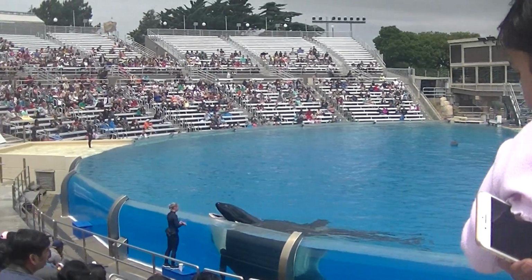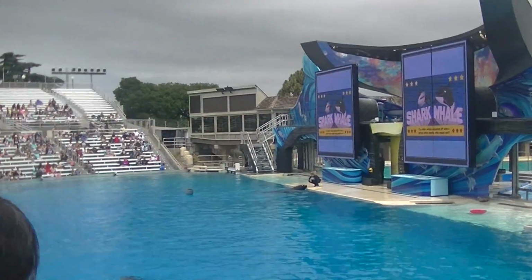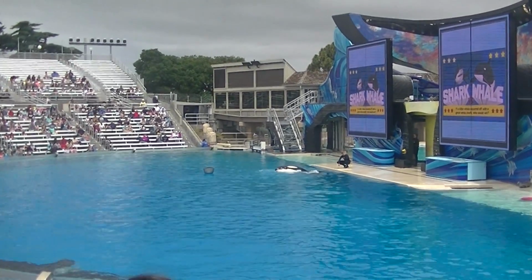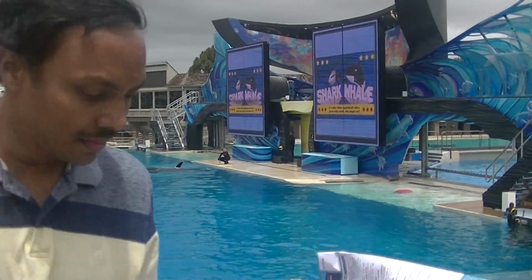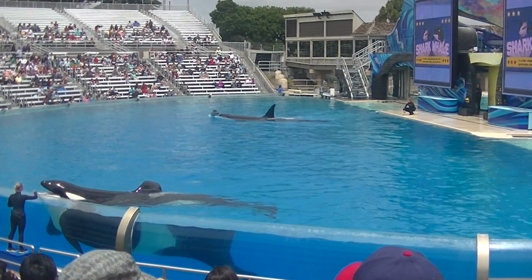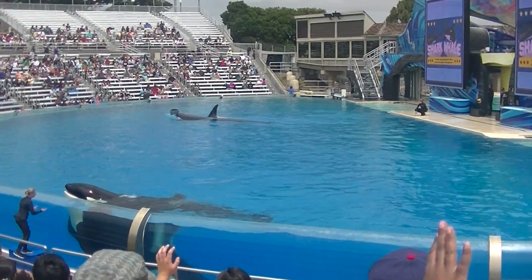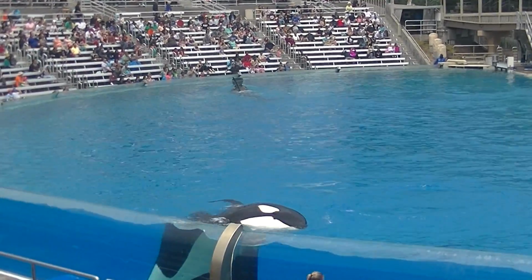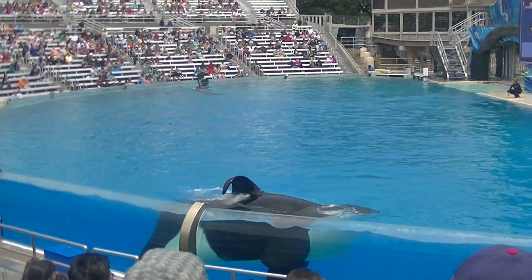All right, how about a question for all of our kids out there? They want to know, who would win if a killer whale squared off with a great white shark? How many of you think the great white shark would win? Okay, how many of you think the killer whale would win? That's right, the killer whale. You see, a great white shark hunts alone, while a killer whale hunts in a pod, so it's not even